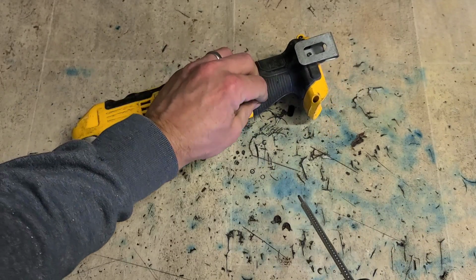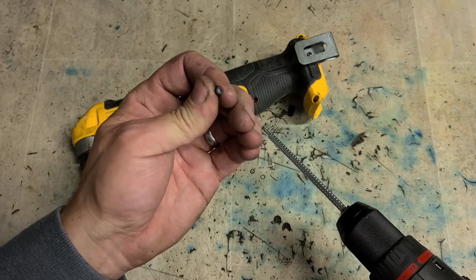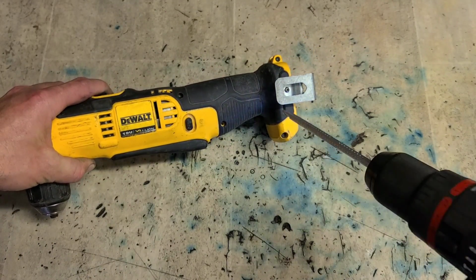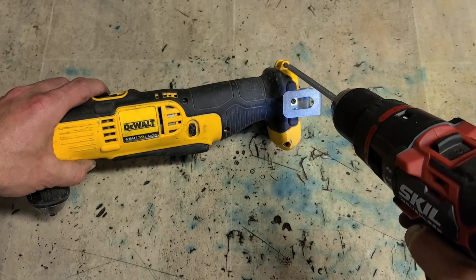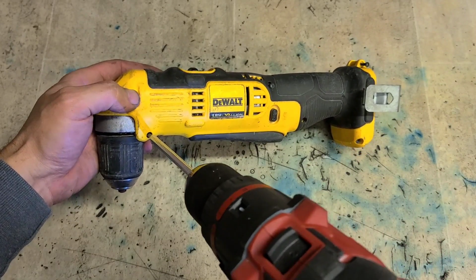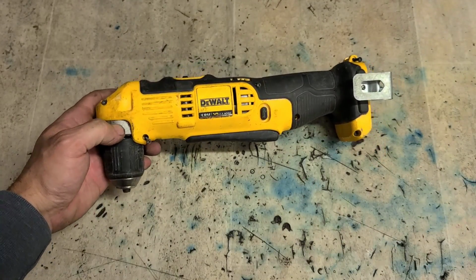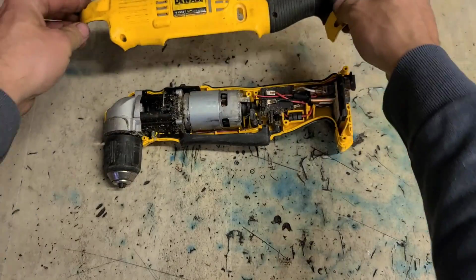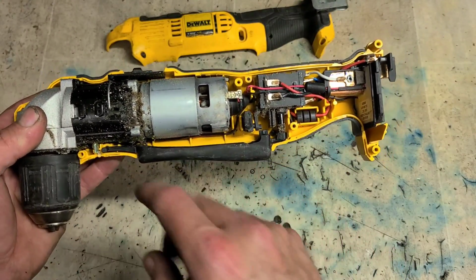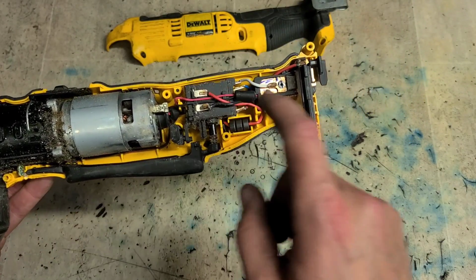For most cordless Dewalt tools, very easy to open. The only tool you need to open them is generally a T10 screwdriver. Most of the cordless stuff is put together with T10 Torx. A few screws hold the clamshell together. Lift that away. Inside you're going to get your motor, gearbox assembly, right angle attachment for your chuck, and your switch and controller